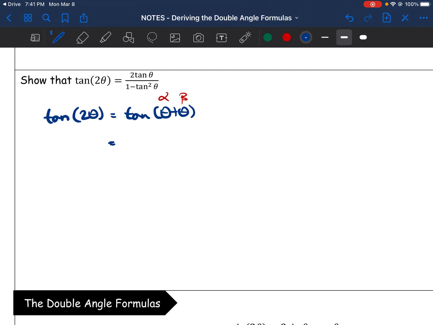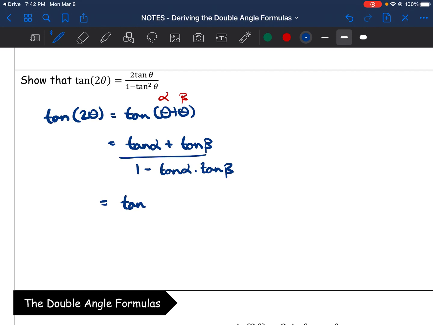And we know that the sum of angles for tangent is tangent alpha plus tangent beta over 1 minus tangent alpha times tangent beta. Well, plugging in the pieces here, it's going to be tangent theta plus tangent theta